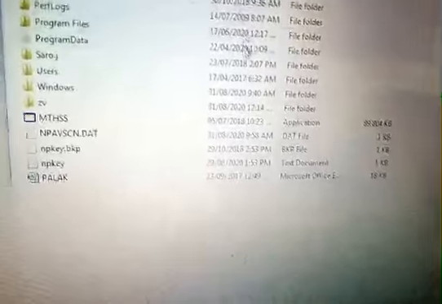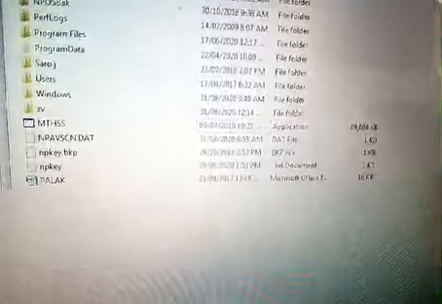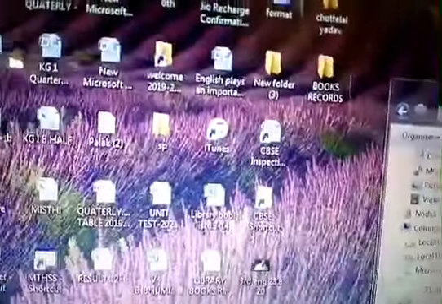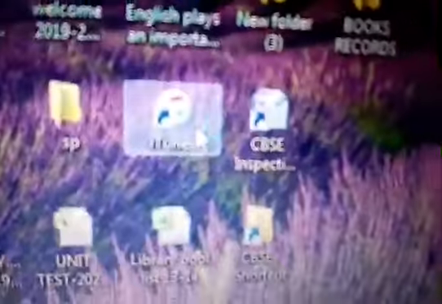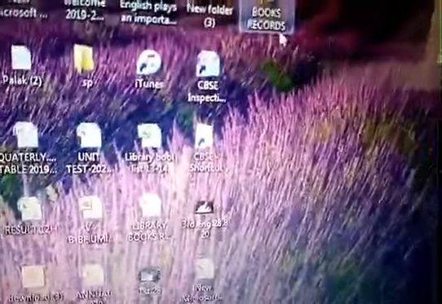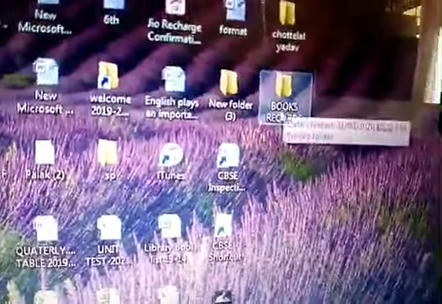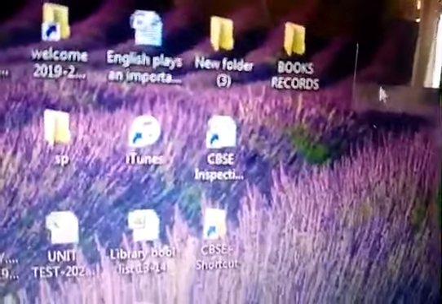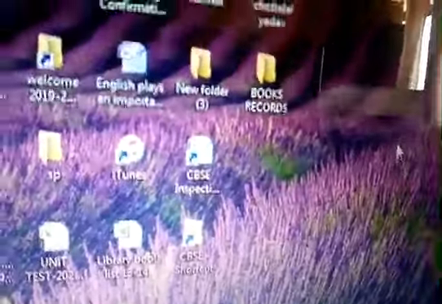And suppose you want to move this file or folder here, then I have to paste it. Now you can see here the same folder or file will come to the next place. This is the folder which I have copied from that place.